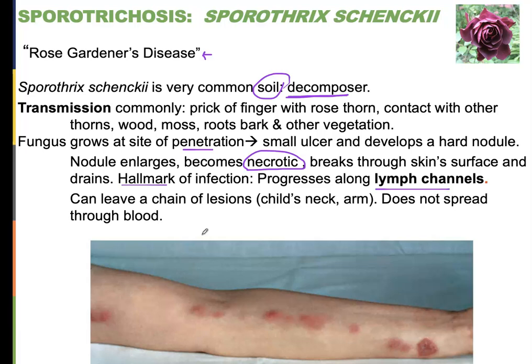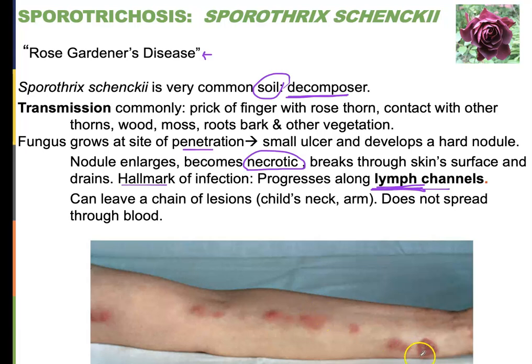So they tend to not enter the bloodstream from a cut because the blood vessels we have prevent really large cells from getting in. However, our lymphatic channels are not like that. They are more porous and have open flaps that allow really big things like fungal cells, yeast cells, to get in. And so that's why we see this sort of linear